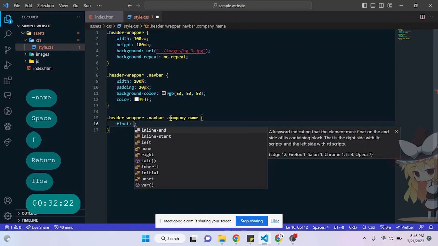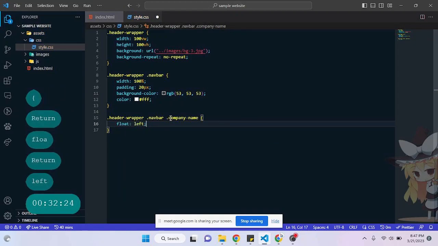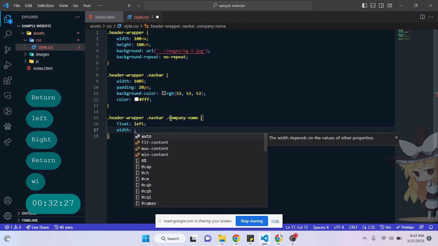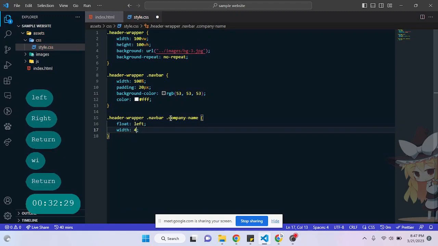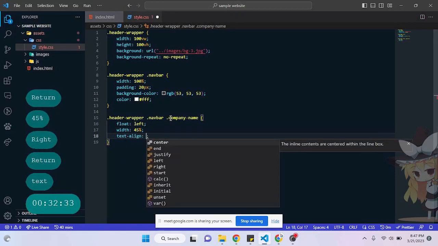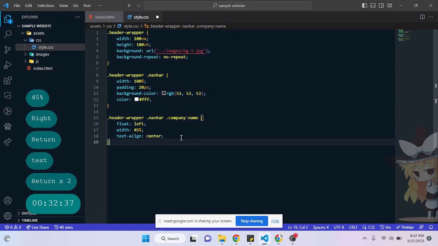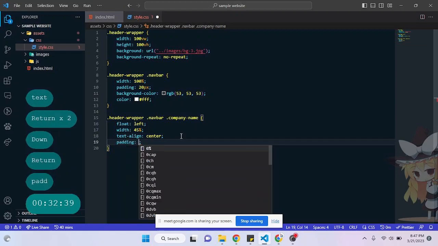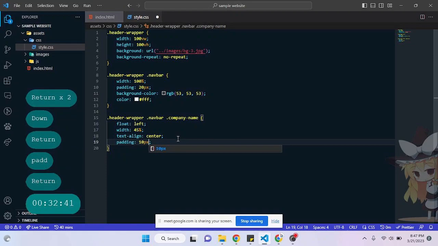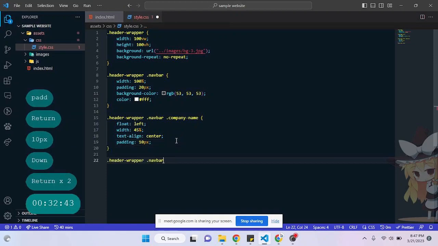So inside it we have to float it to the left. Then the width, we make it let's say 45%, and we make the text align to center. Then that's all. Then we also add a padding to it, padding 10px. Then after that,